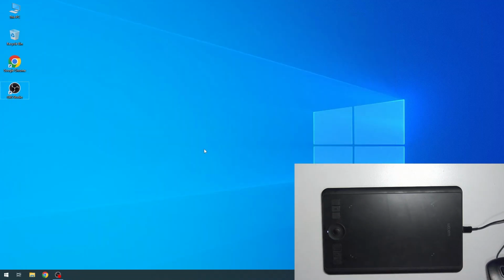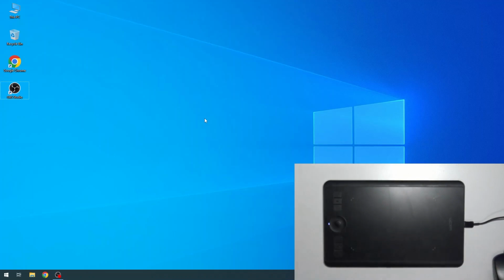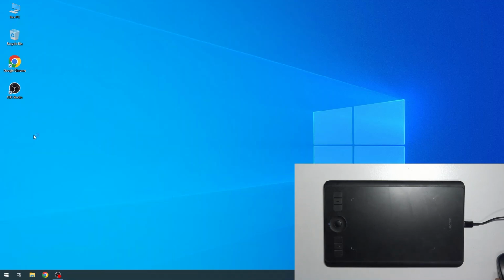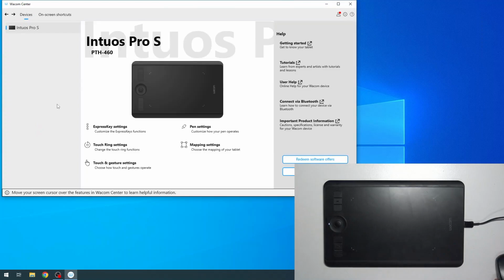Of course, if you uninstall it, you will need to install it again. So find Wacom drivers in the web browser and install it again. We have a video about it, how to do it, but you can do it in the other way. You can open the Wacom Center application, and in the Wacom Center, just choose any option. For example,